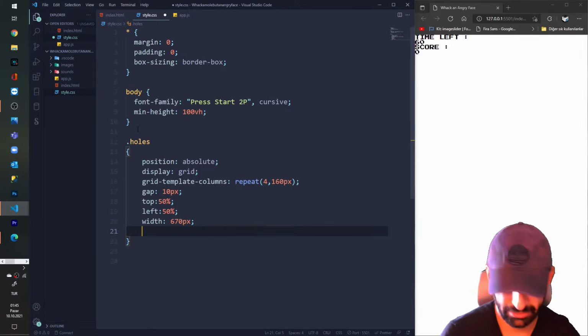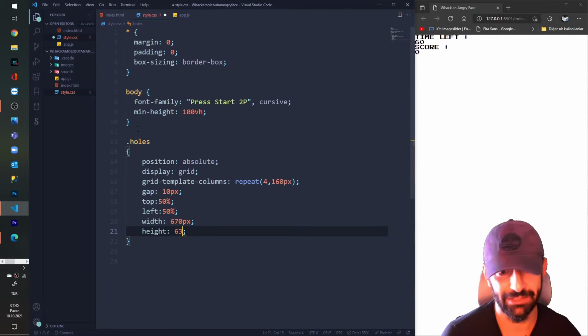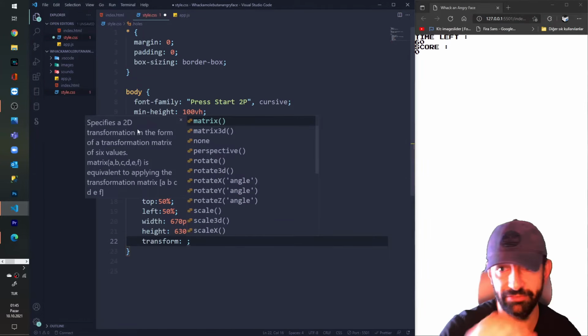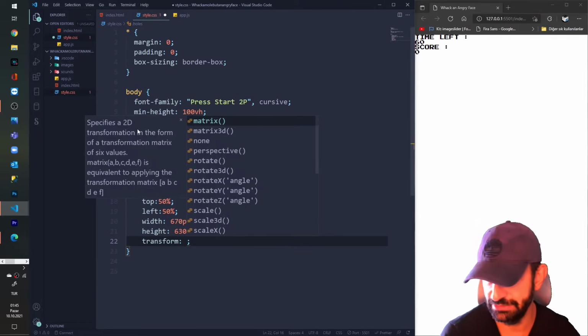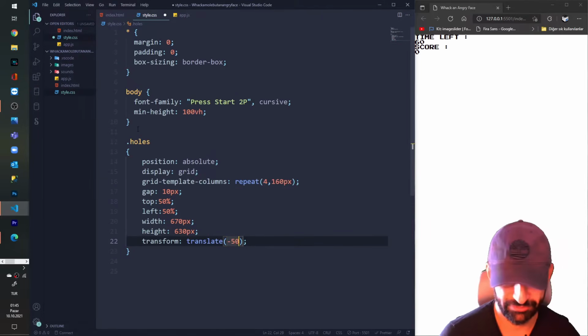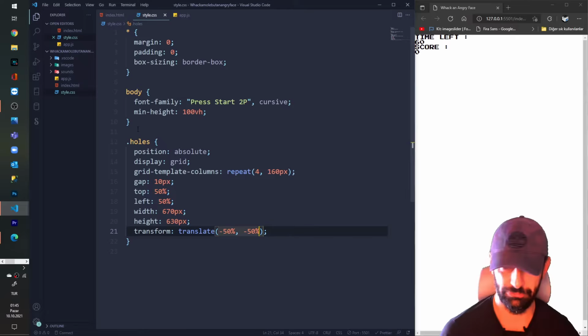And the height of this div will be how much? 630 pixels. And also we are transforming and replacing our div into the exact middle of my screen. Translate minus 50%, and then once again minus 50%. And I press save. Of course, nothing can be seen now.